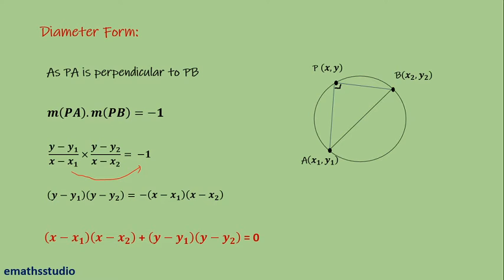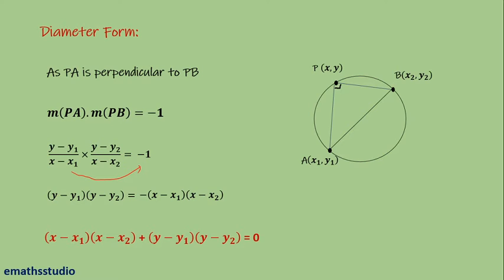So there are two forms we have discussed until now. One is center radius form and the other one is diameter form. Now when you find a question on getting the equation of a circle, you have to think about only two forms: center radius and diameter form. Standard circle is the simple one. It is a circle having center at the origin. It is derived from center radius form only. So basically you have to think about center radius or diameter form to get the equation of the circle.